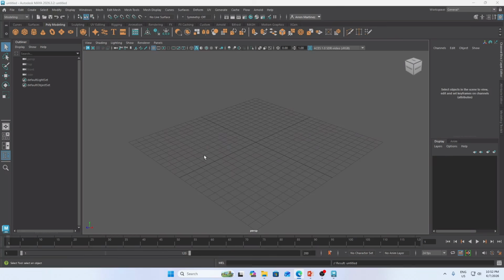Let's think of this as your director's lens into a virtual world. Unlike a flat two-dimension canvas, we have a sense of depth here. And look at the center of your screen. As you can see, this grid represents our ground plane.